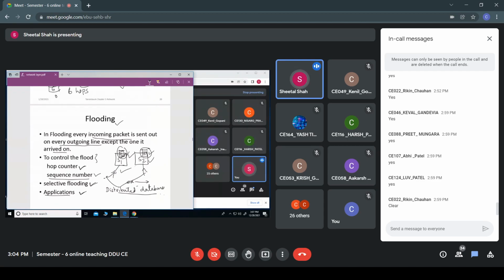And the last application is that it can be used to check or verify the performance of any routing algorithm. Since it is flooding, one of the packets may reach the destination host through the shortest path, and it can be received by this host H2.